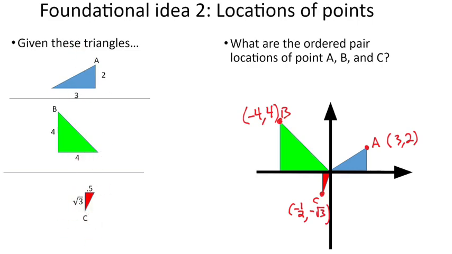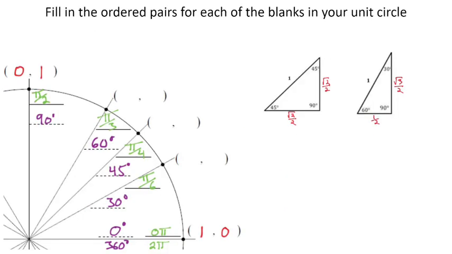I just want you to understand that, because now we're going to combine our two ideas together. So if I come back to this unit circle, and once again, we derived these angles and these radian measures in a previous video, let's take these triangles and put them on the unit circle. So I'm going to start with this 45-45-90. If I were to take that triangle and put it here, and we know that our radius is 1,